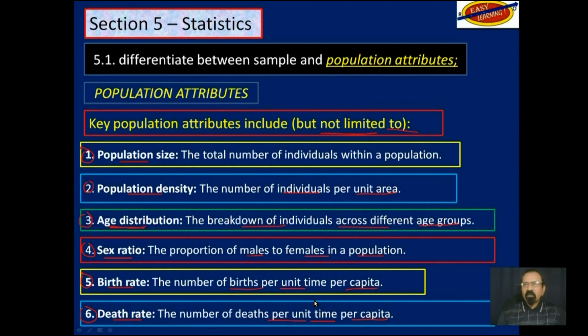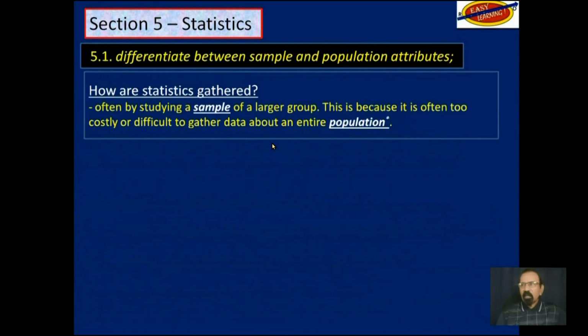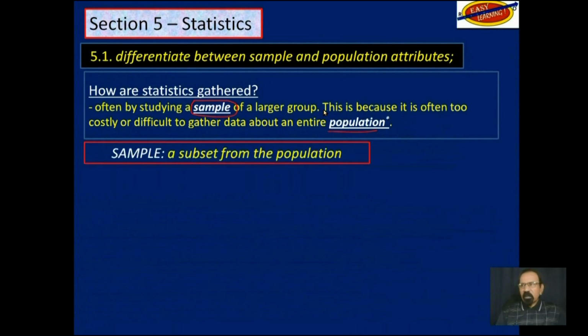So those are some population attributes. I don't know if you have to memorize them, or all you have to do is state what the difference is between population attributes and sample attributes. But these are some population attributes applied to the whole population. Now, from that population, if we want to find out anything about, let's say, a country, we will take a sample rather than the whole population. So now let's talk about sample attributes.